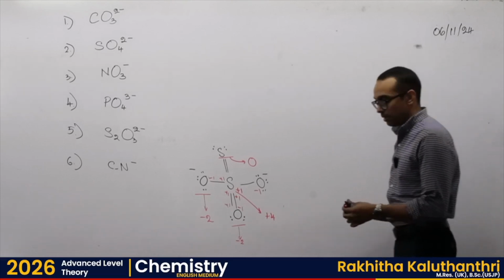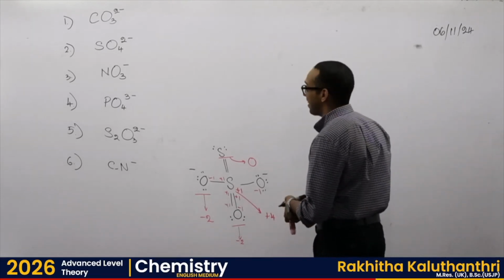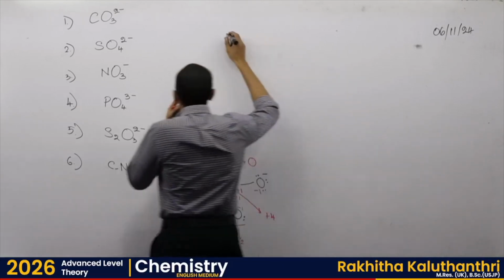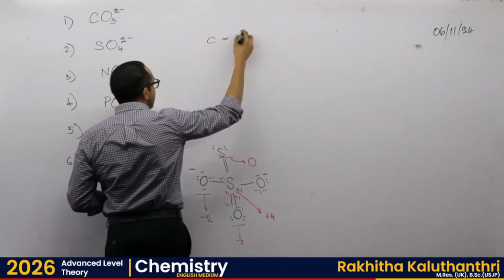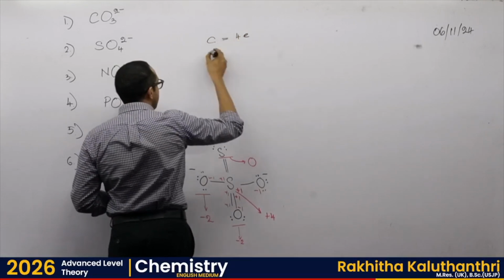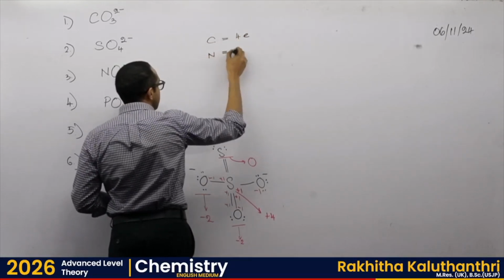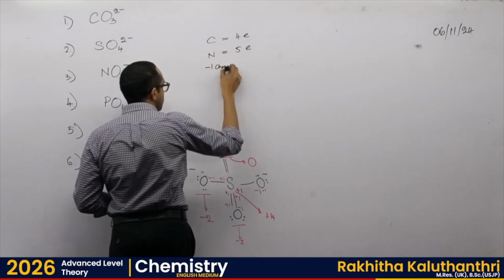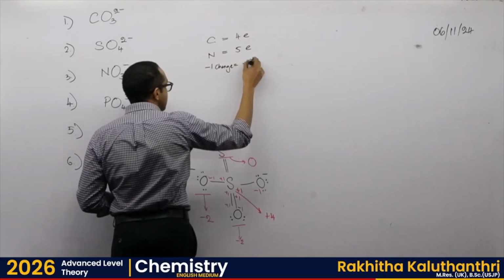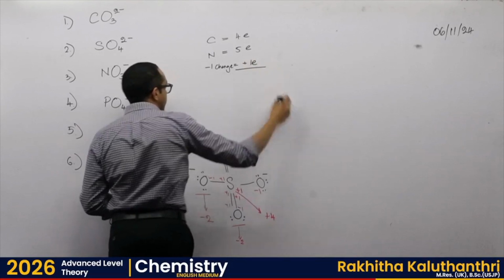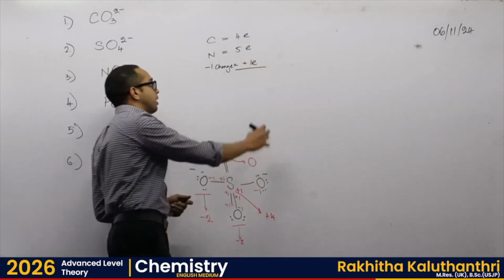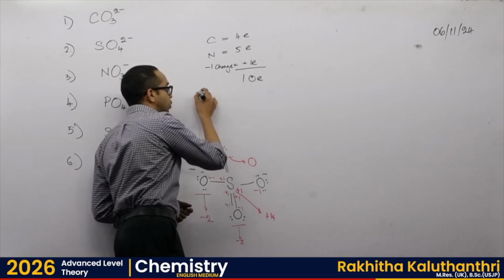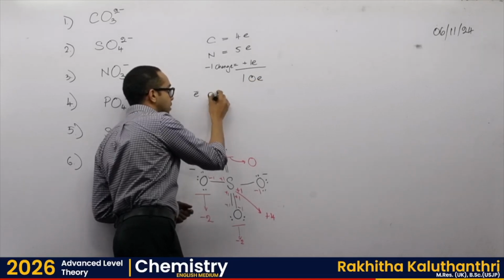Now cyanide. I believe still some of you are trying cyanide, right? Okay, let's see. Carbon has 4 valence electrons. Nitrogen has 5 valence electrons. Minus 1 charge has 1 additional electron added to this. Altogether the total electron number happens to be 10 electrons. That means electron pairs would be